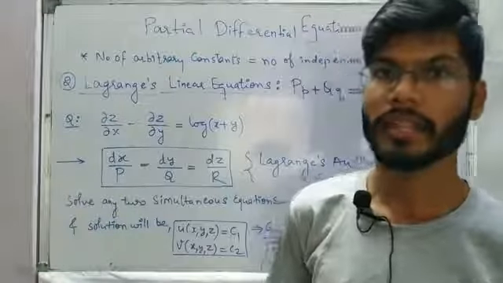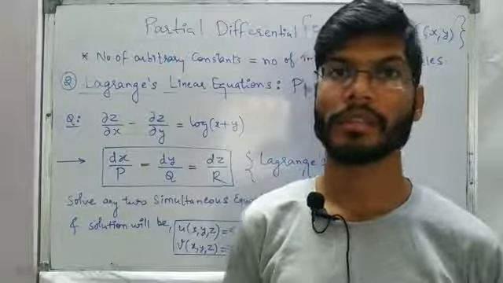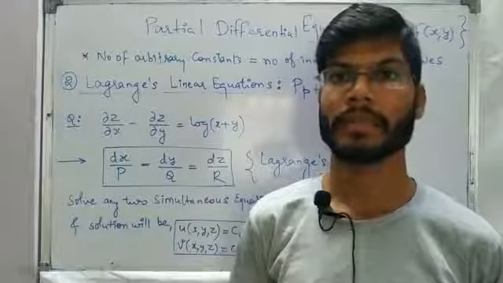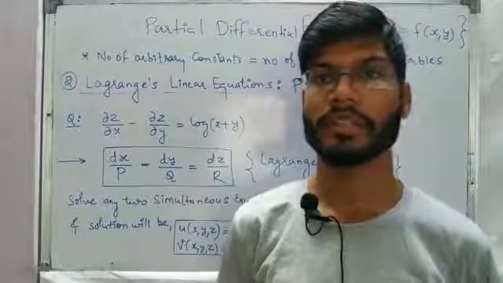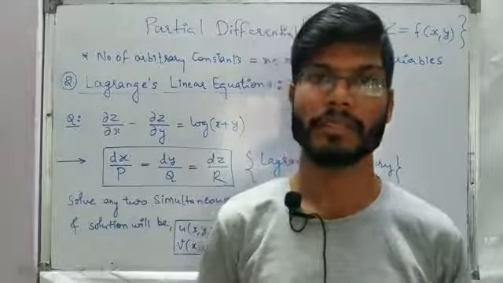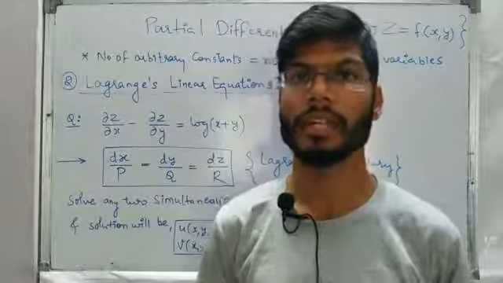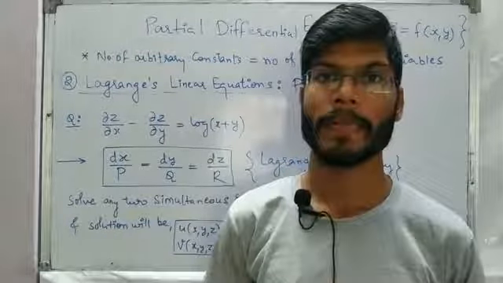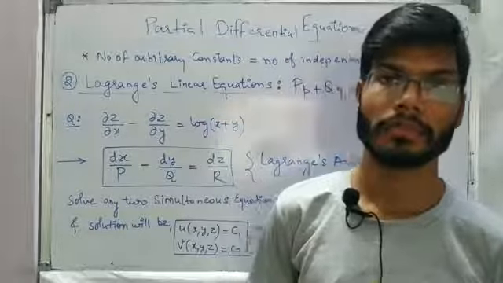In the previous session, having started with our partial differential equation, we had the discussion on the topics or areas in which we are going to focus mainly from our exam point of view, and then we proceeded further with the formation part. So in that case, either we are given the general solution or we are given the arbitrary function. In both cases, how are we going to come up with the partial differential equation? In the first case, if we are given the general solution, we have to eliminate those arbitrary constants, or if we are given arbitrary functions, we'll have to take that particular thing as f of u comma v is equal to 0, and then we'll have to come up with the partial differential equation.